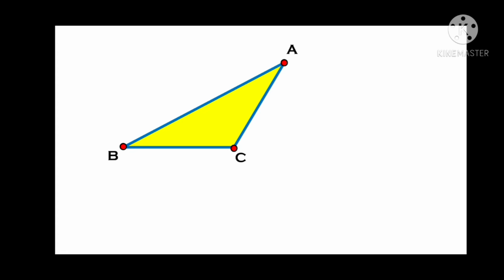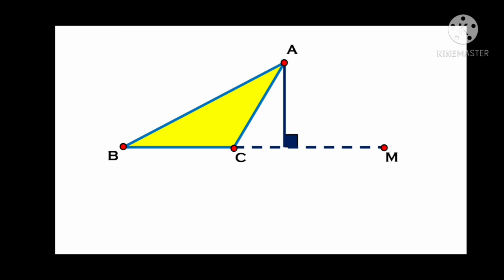Now we have to draw a perpendicular from A to BC. So any perpendicular drawn at BC should lie within this range of BC. But we see that the vertex A comes out of the range. So here there is no chance that it will connect to the side BC. So for this, you have to just extend the side BC, let it be up to point M. So we have extended the side BC up to M. Now we can draw a perpendicular from A to the extended side BC, that is to CM.